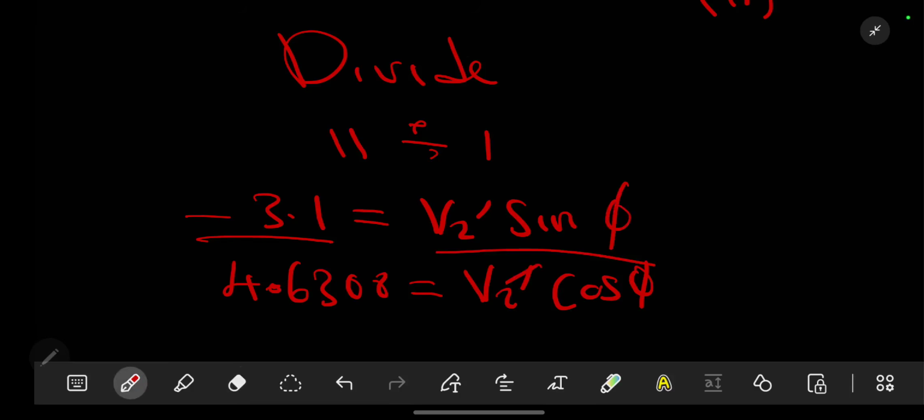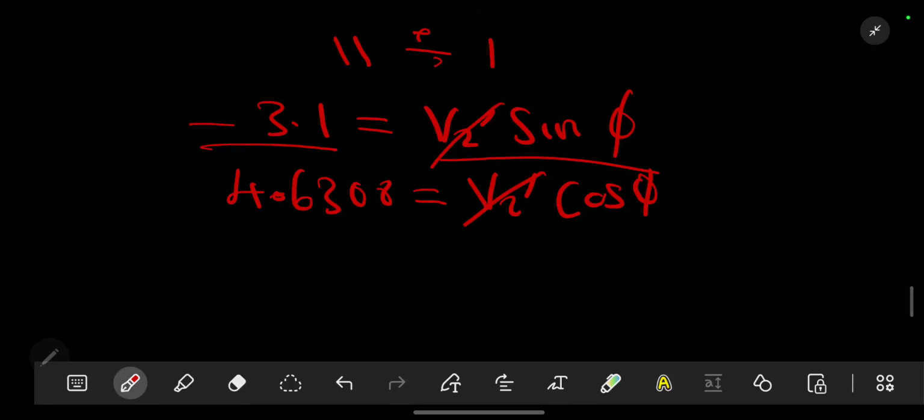As we divide, the V2 cancel. 3.1 divided by 4.6308 gives us a value of